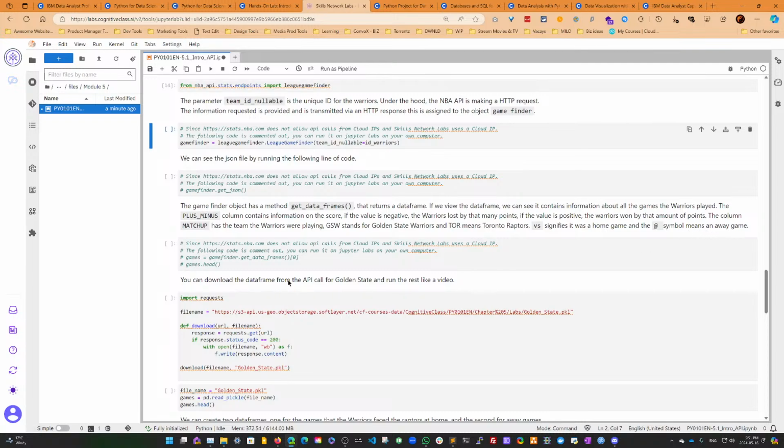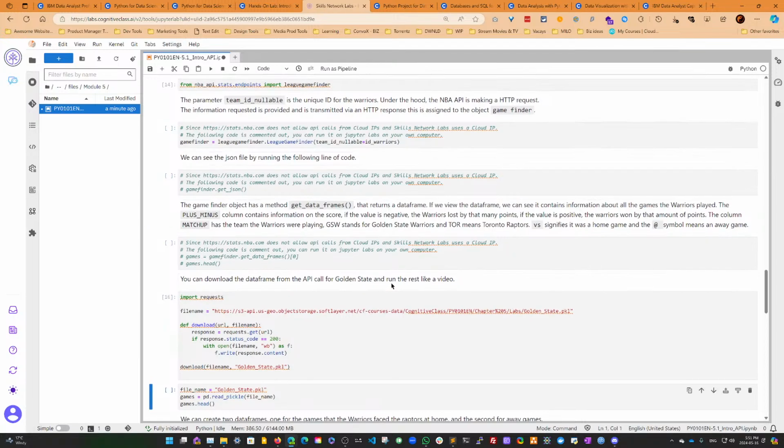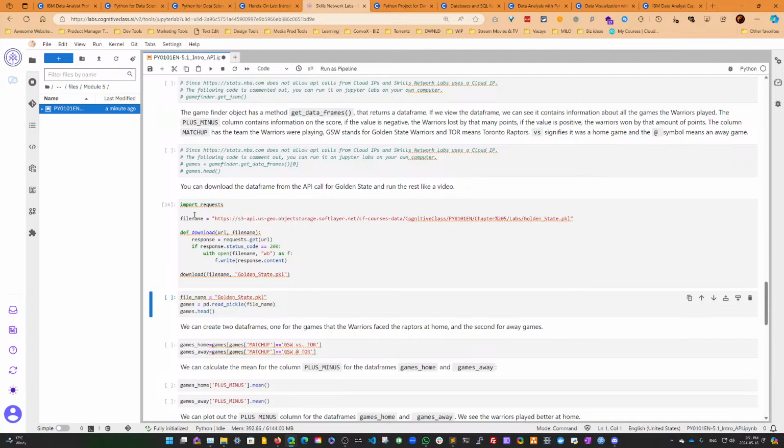We can download the data frame from the API call for Golden State and run the rest like a video. So let's import requests. We're going to import the requests library, grab the file name, which is over here as a pickle file, and there it's downloaded. We're going to define a function called download where we're passing a URL and a file name. Response equals requests.get(url). If response.status_code equals 200, then with